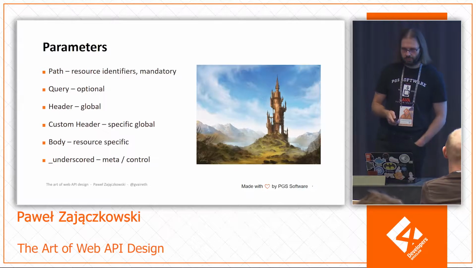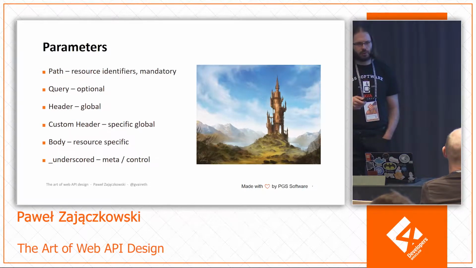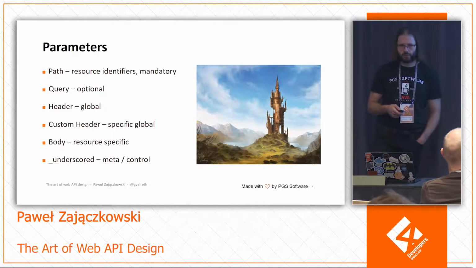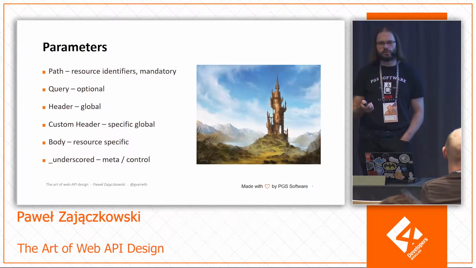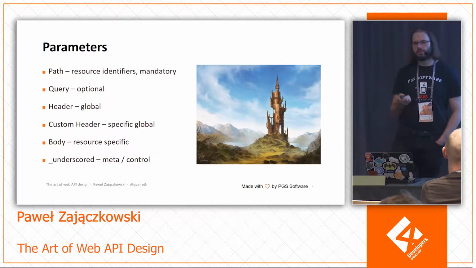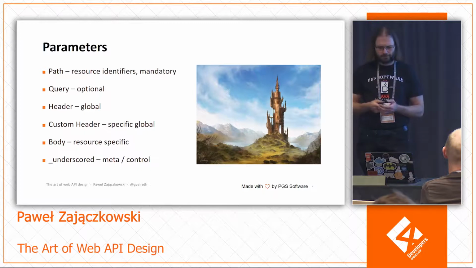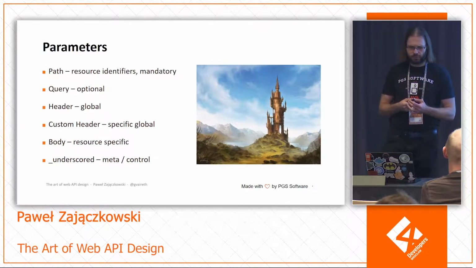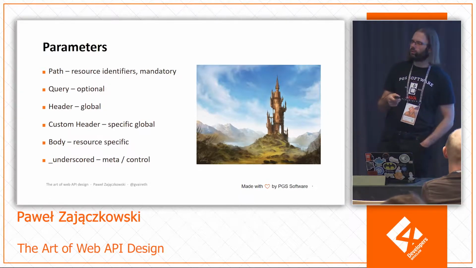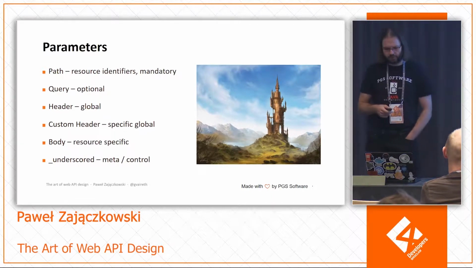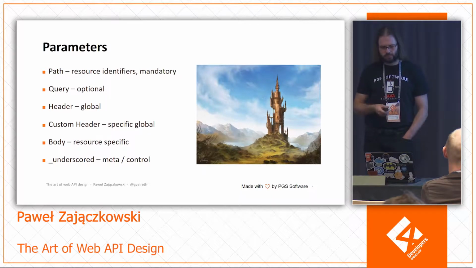Okay, as we are moving on to operations on collections, I'll briefly recap how we can parameterize requests. So basically, you can put something in a URL, in a path. It's not really parameterization, because if you say cars/123, this 123 is actually part of the name of the resource, the entire URL is the name of the resource. So it's not really a parameter. Parameters are rather part of the query after the, how was this sign called? Question mark, right? After the question mark, and they are optional and often used with collections.